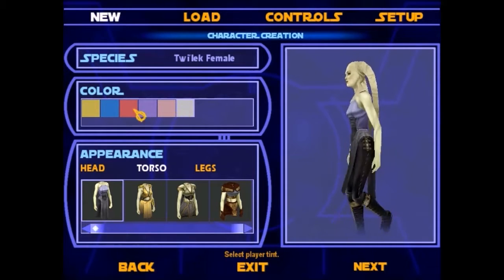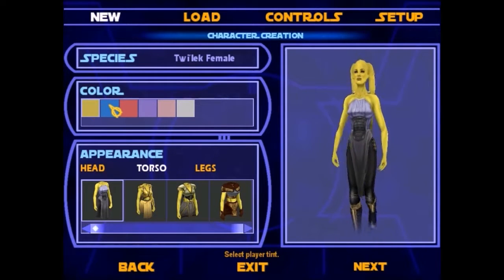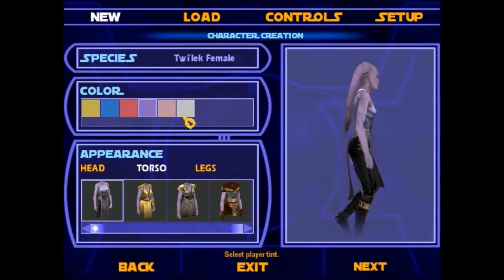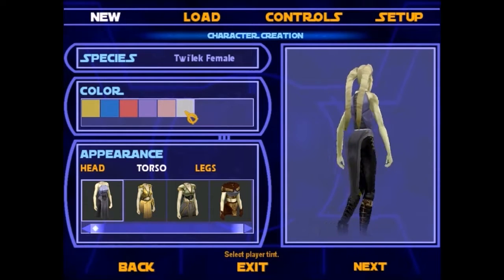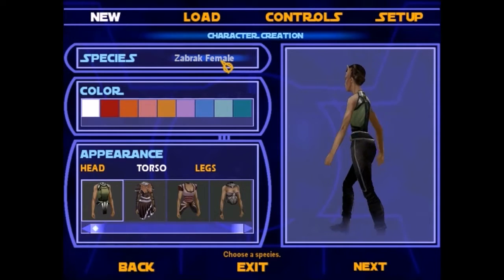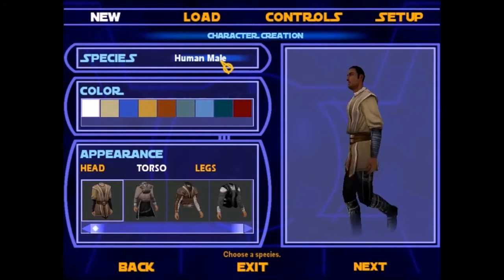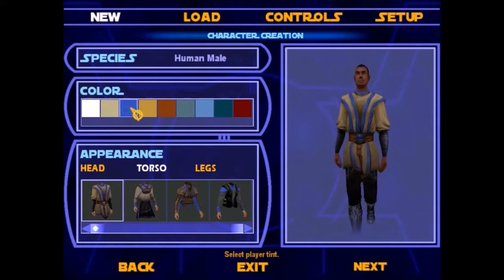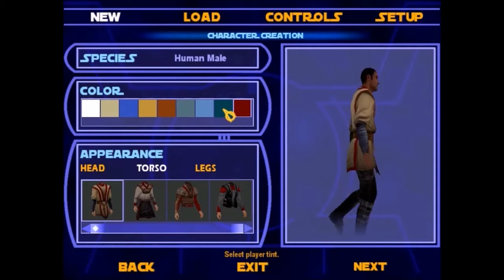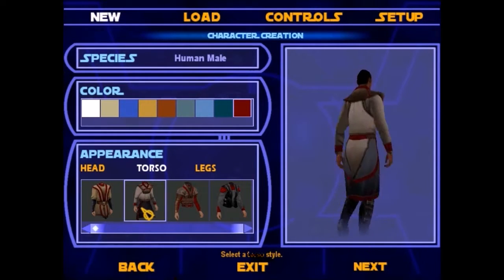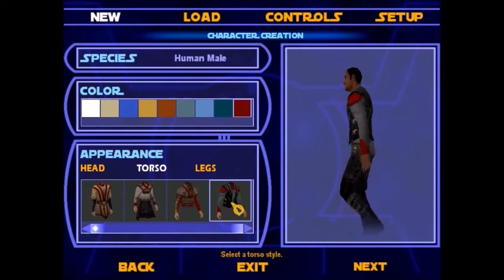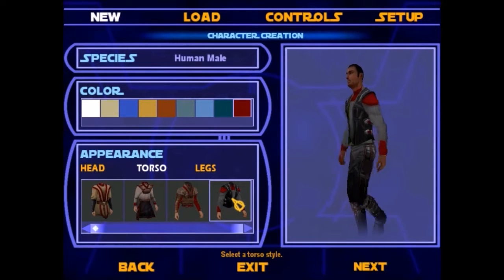The bodies for male skins are a little bit more varied than the female ones, but at the same time the customization for each one is quite significant, as there are at least 4 different customizations for your head, torso and legs on most of the character models. Then of course for each one there are also several different colour schemes you can choose. As you can see here, I picked a human male and decided to go with a nice splash of red to go with the general bloodiness of the work of a Jedi in the days post Fall of the Empire,